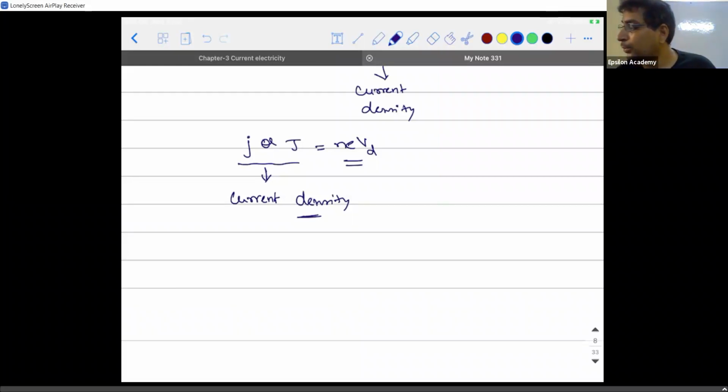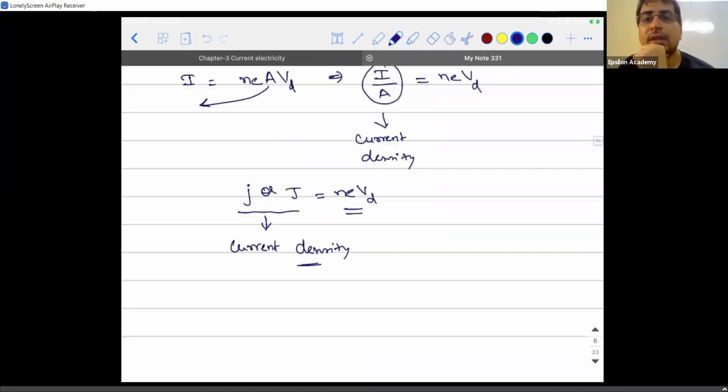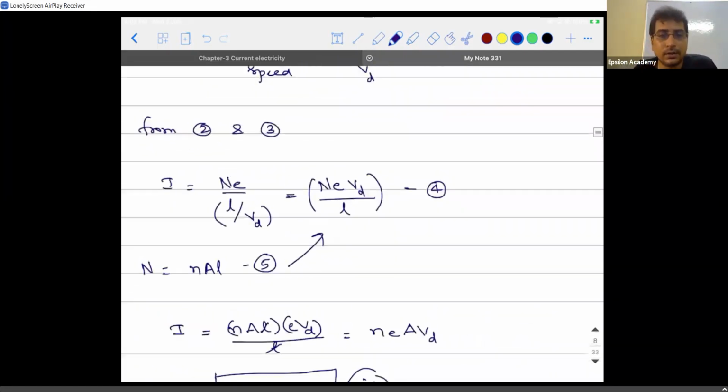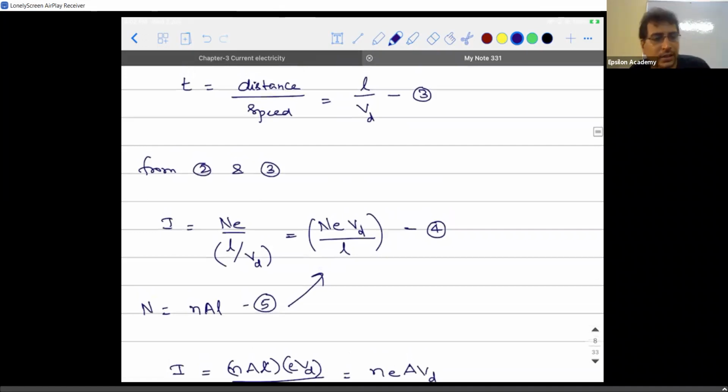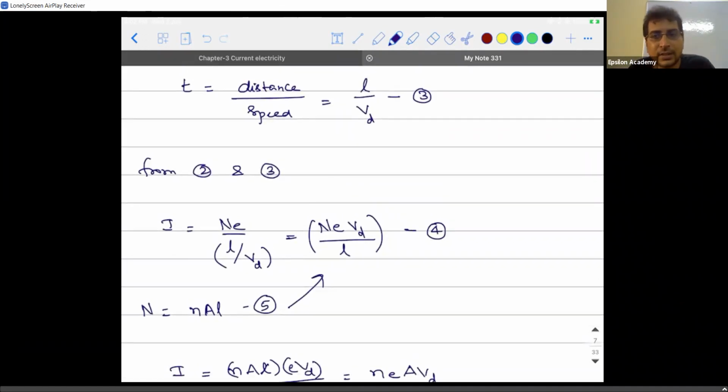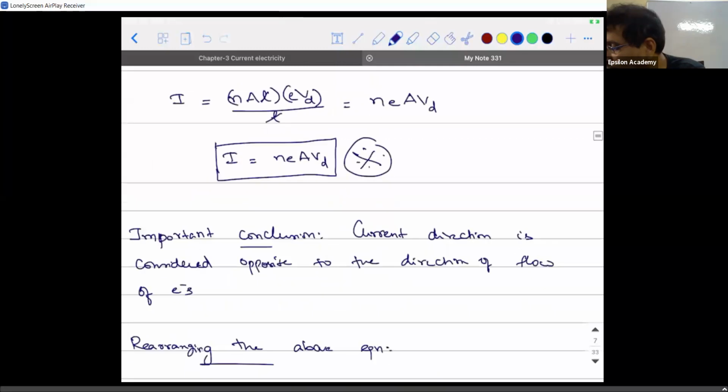In yesterday's class, we discussed the basic introduction of what is electric current. Then we saw a concept called drift velocity. Then we tried to derive the mathematical expression for drift velocity, post which we found the value of the current in terms of the drift velocity, right? So these are all the concepts that we saw. And we saw two more new terms. What were they? One is mobility, and the second is called current density, right? I think that was the last concept that we saw yesterday.